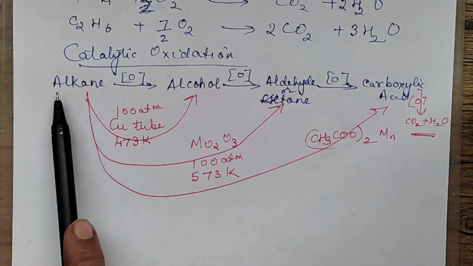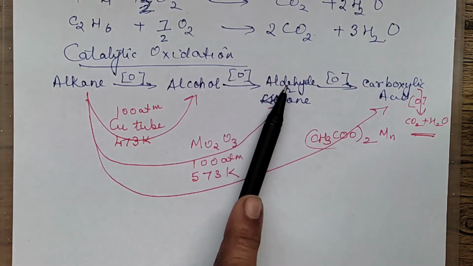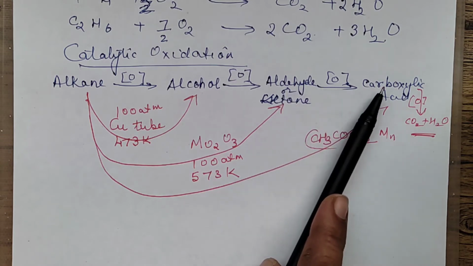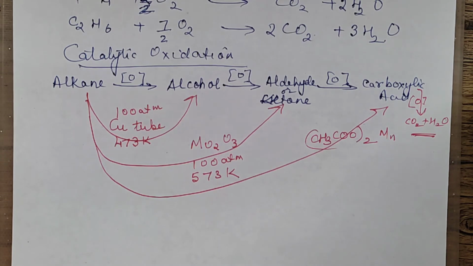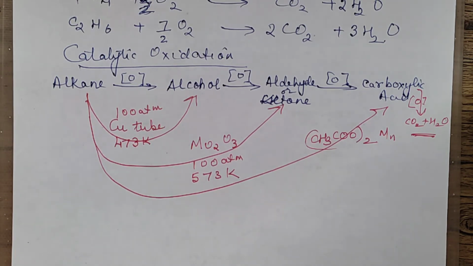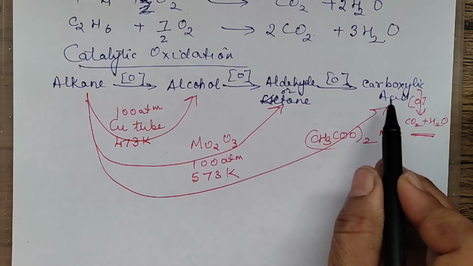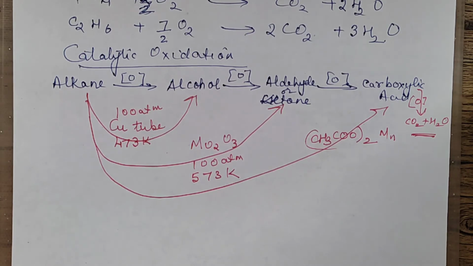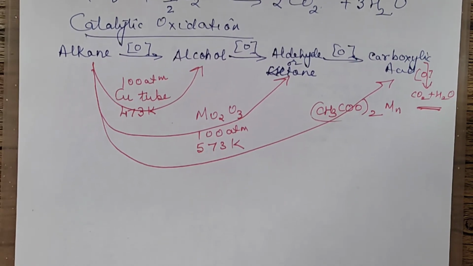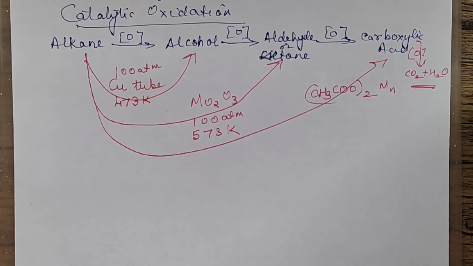Suppose you start with ethane, it will give you ethyl alcohol, will give you acetaldehyde, then ethanoic acid. That's it. This will not further undergo oxidation to form carbon dioxide and water. So this product beyond carboxylic acid is formed only if you have taken methane, if you carry out the oxidation of the methane. Okay, now let us write down specifically if it is one carbon atom alkane or two carbon atom, what will be the products.